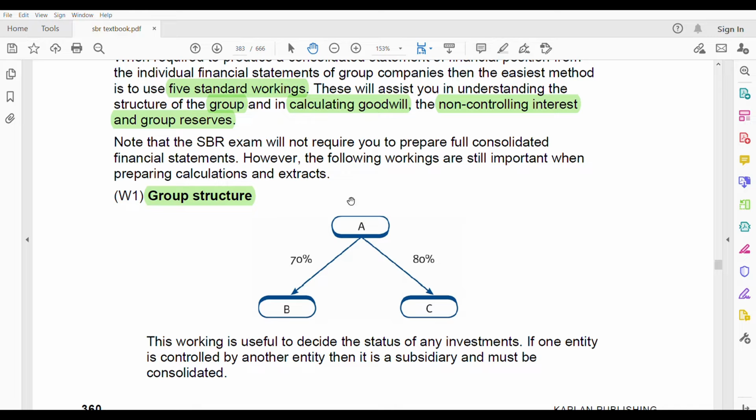Let's say here, what can you understand from this? A to B, A to C. It means A is purchasing 70%. The arrow is going like this towards B. That means A is the parent, B is the subsidiary. A is purchasing B. A is also purchasing C, which is a subsidiary. So there are 2 subsidiaries. B and C both are subsidiaries of A. And this is useful especially when you have more than one subsidiary, or an associate and a subsidiary, or an associate, subsidiary and a joint venture, all 3 together, more than one. It's helpful to make this type of diagram.